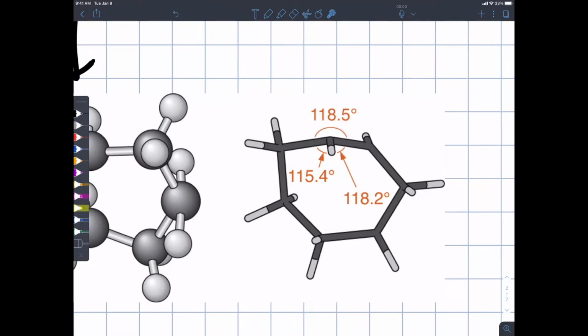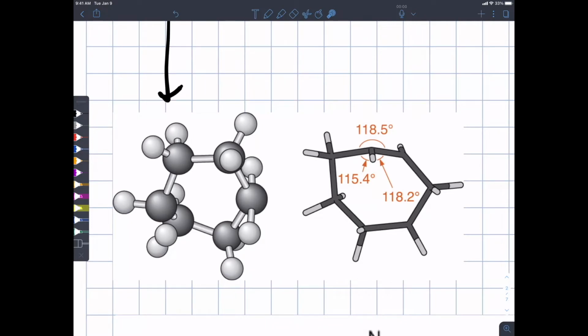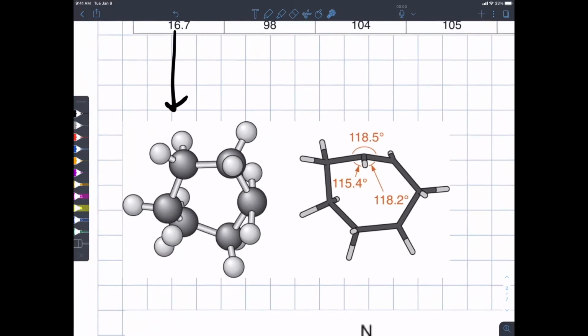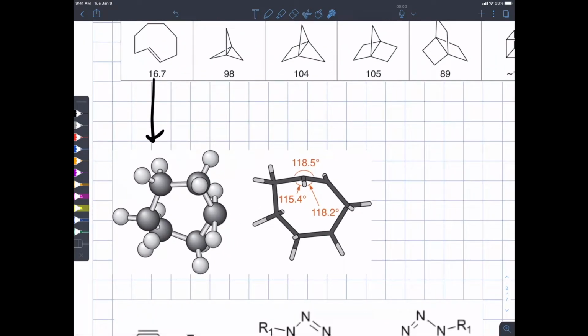So we're looking at the ring, we're looking on the edge, and here's a proton coming towards us, here's one going back in the page. The bond angles are not perfect for a double bond, so you might expect that to be a little bit more reactive than a double bond is. You can see this is not perfectly flat, it's sort of pyramidalized, but you can force it and make it work. The idea of incorporating bonds into rings that would make the ring particularly strained has become really useful in